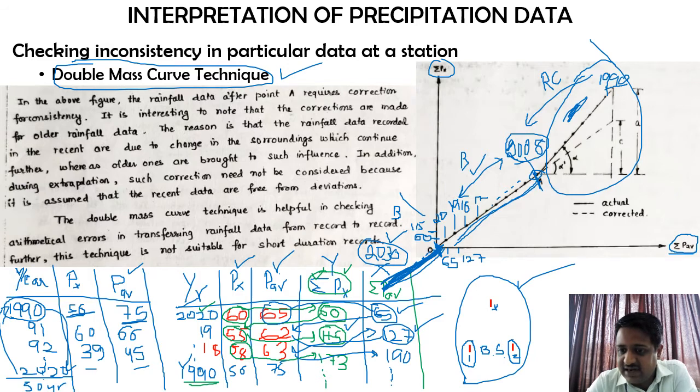I'll repeat myself, please check this out once again. This is a bit confusing. Why do we use this double mass curve technique? It is just to check whether the data given by a particular station is consistent or not. That is our ultimate aim. So keeping that in mind, why are we changing the data of the previous years? The reason is that once the building or man-made activity has started, and if I take the example of our campus itself, our buildings are going to remain even in the future years.